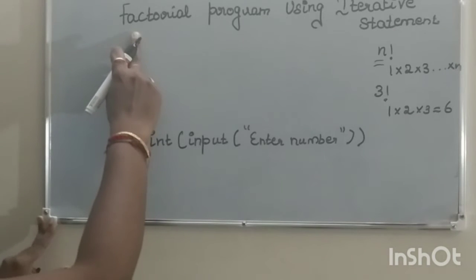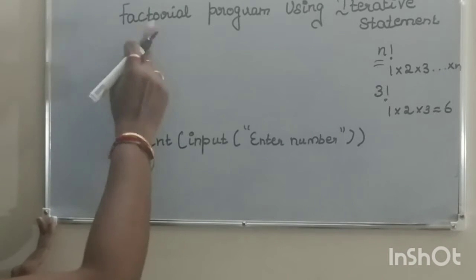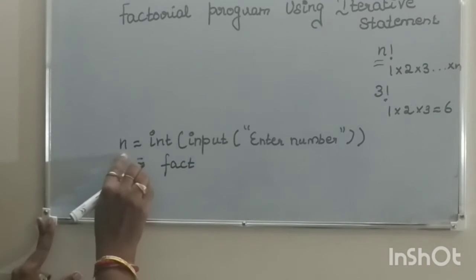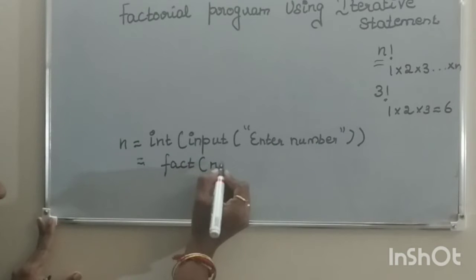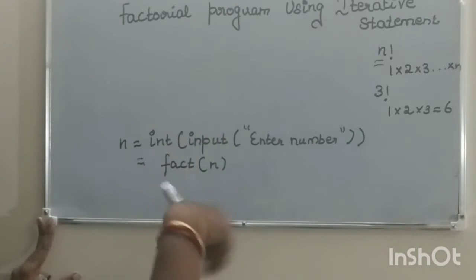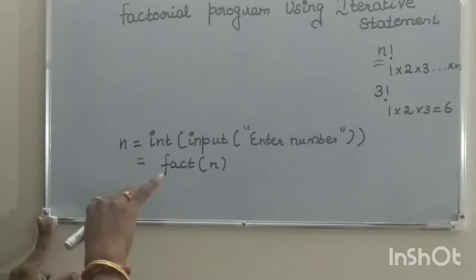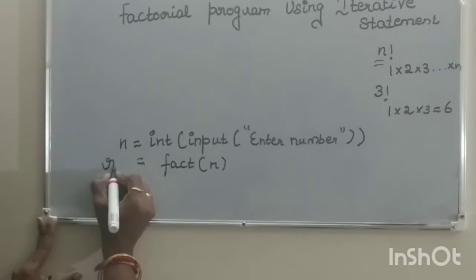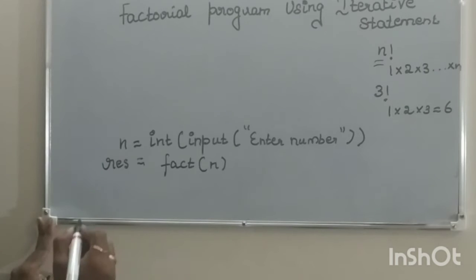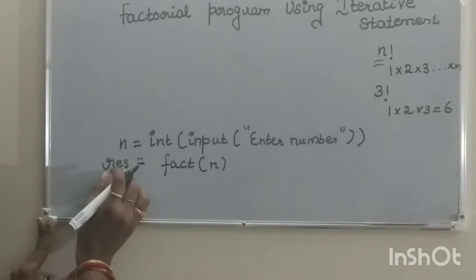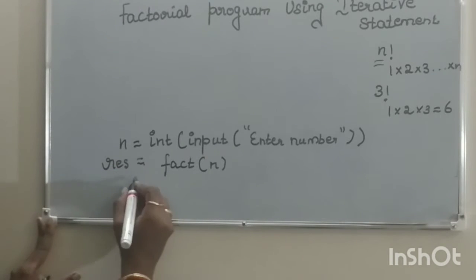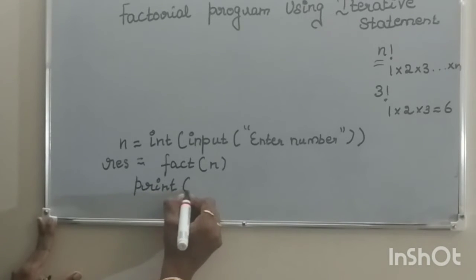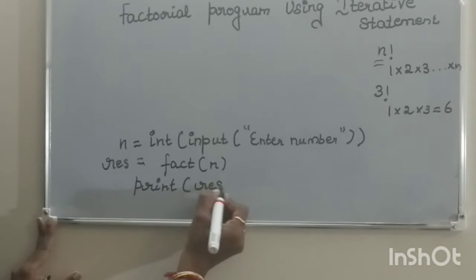So here I am going to find out the factorial of the given number. I have given the name fact. This is my n value, and I have to pass this n value. Once the function definition is completed, the result will be transferred to the function call. To hold the result, we have a variable res. The final result will be stored here. So you have to print res. The print statement will produce the output.